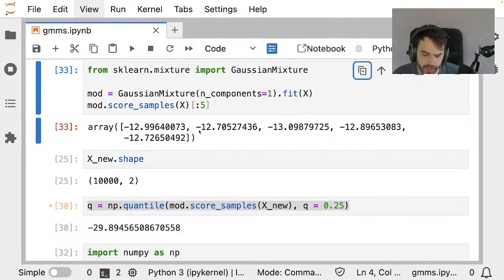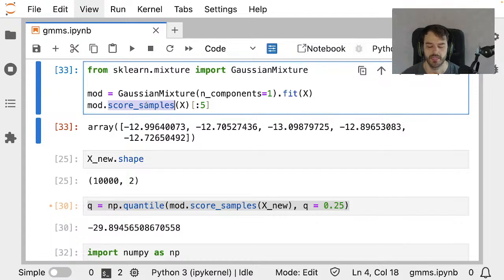Bummer. Okay. Anyway, the way to interpret these score samples is you can imagine that if we've got this normal distribution, like that shape that I was talking to you about, then we can also associate each and every point with a likelihood value. And that's what score samples does. I believe this gives you the log likelihood of each and every point.